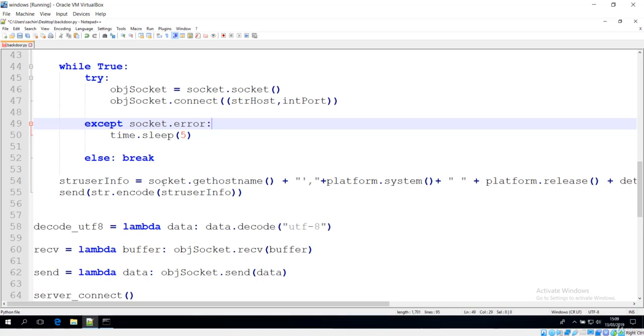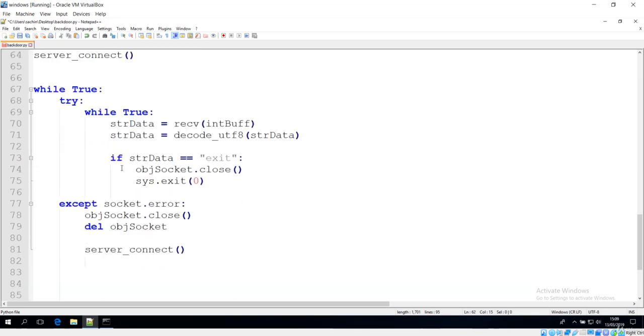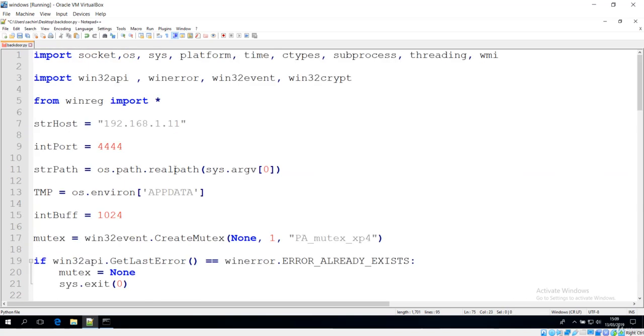The next thing is getting the user information. We are getting the data with these lambda functions, and receiving and sending the data. If this is the exit data sent by the server, then we'll close that connection and exit from the system. Otherwise we'll try to connect to the server again. So this is the coding we just did here.